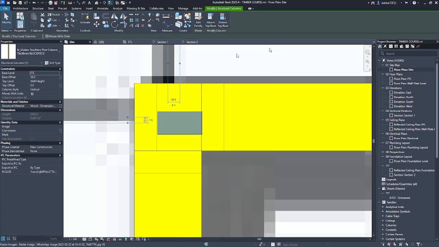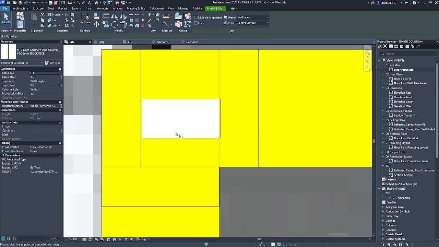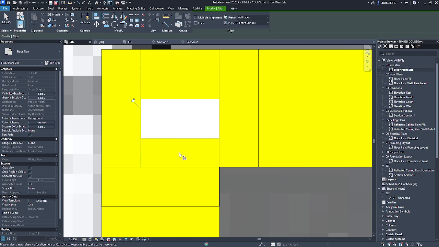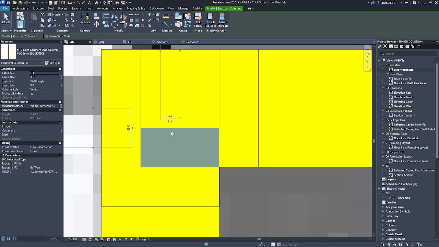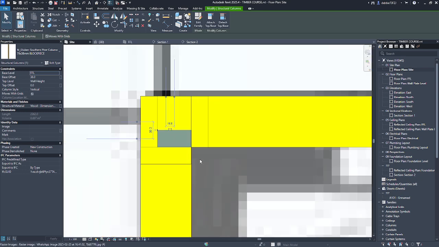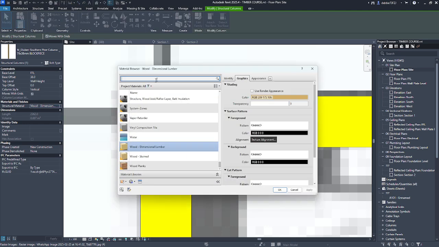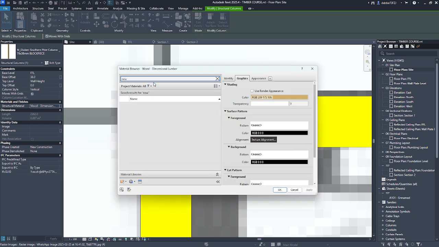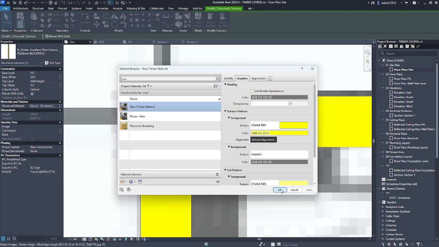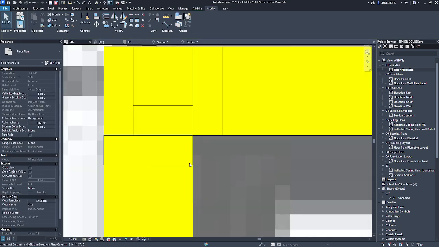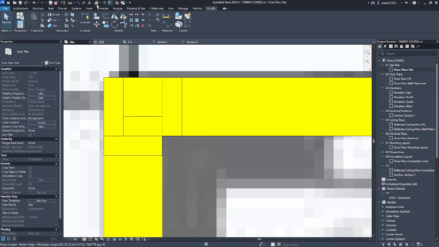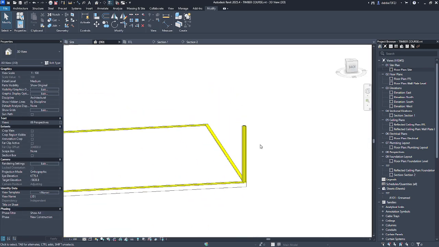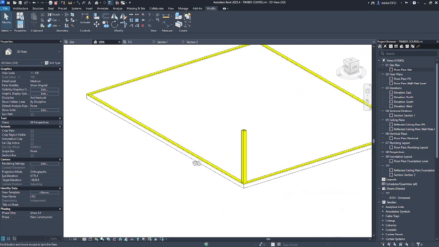Let's go to our floor plan. AL for align. Align it with that piece. And there we have our block piece. So this, I'm going to assign the same material because it will be made of the same material. There we go. We go back into 3D. We'll see, we have our first corner ready.